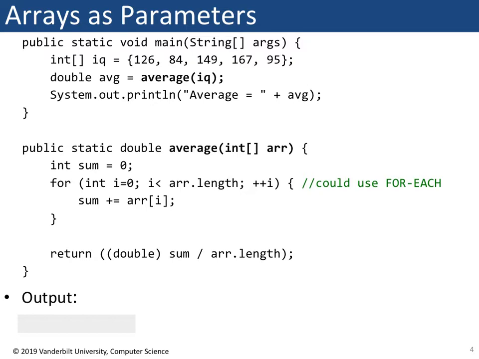So inside the average method, we are going to initialize a variable called sum to calculate the total of all the elements in the array. And we are using our typical array structure for looking at each element. We initialize our count variable i to 0. We are testing for i less than the length field in the array, so i less than array.length, and we're incrementing by 1. And what we're doing is we are incrementing sum by element i